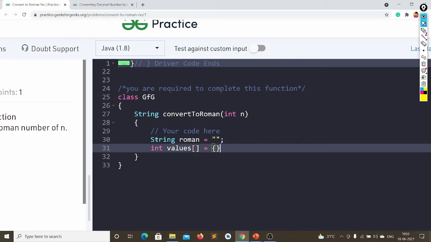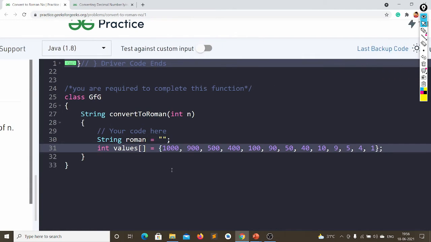In the values array you can keep from 1000, like 900, and we require 1000, 900, 500, 400, and we require 100, 90, 50, 40, 10, 9, 5, 4, and finally 1. So this is the array elements we require.